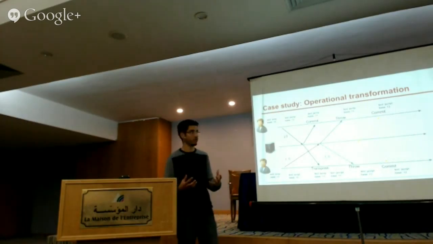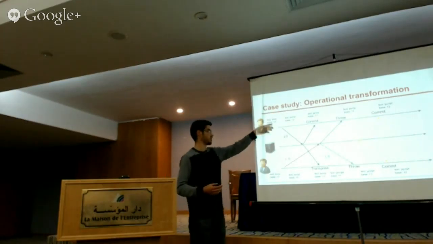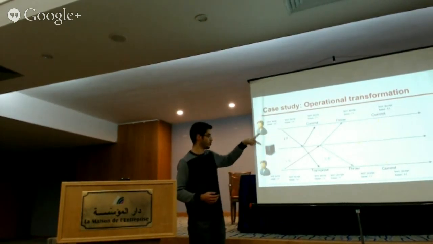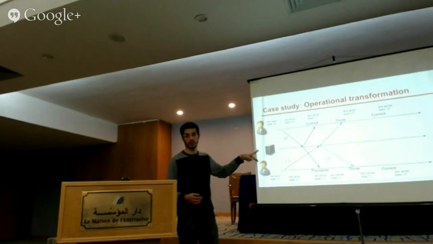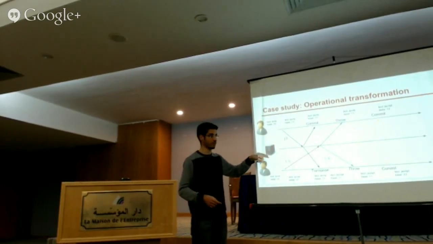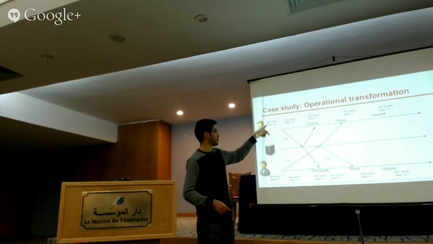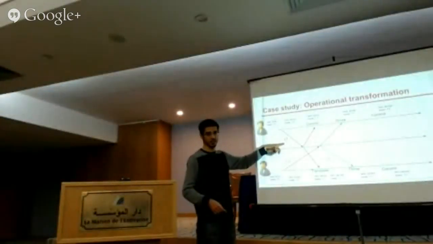Where am I right now? So let's say it's 10. It's a random number. The other person has the same thing. So those two users are in synchronization, and this is the server that routes the message. So let's say, for example, the first user writes G on the screen,